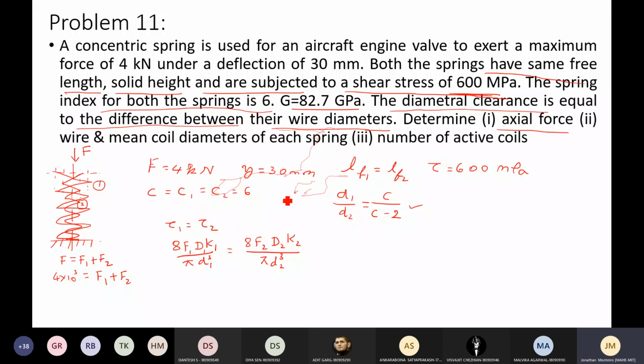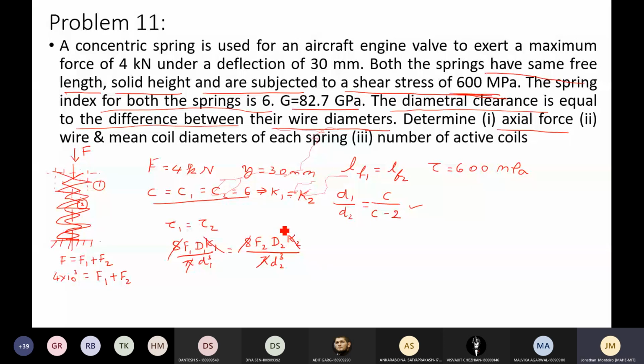Now, which are the common terms here? Of course, the scalar quantities you can directly cancel out. Then, what about K1 and K2? Is it the same? Since K is totally dependent on C, and since C is the same, 6, you can cancel out even K1 and K2 because they both will have the same values. So K1 is also equal to K2. That is the stress correction factor due to the curvature effect, or a simple stress correction factor, both will give you the same value, whichever one you take, because both are dependent on C values.